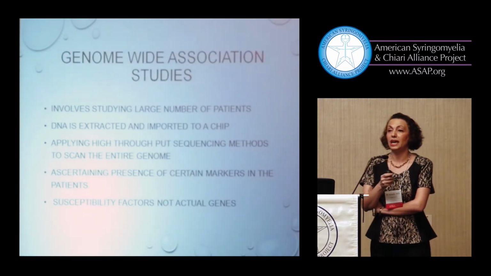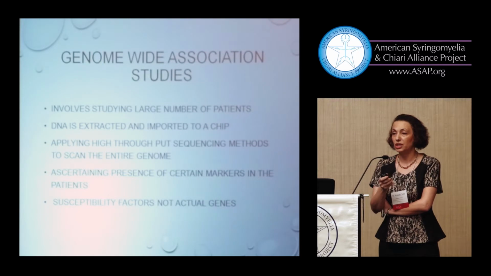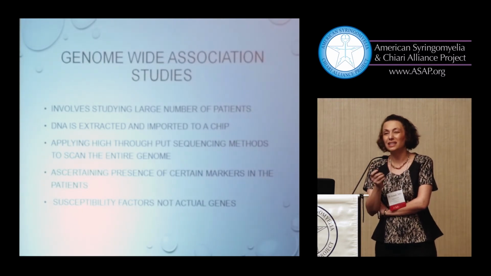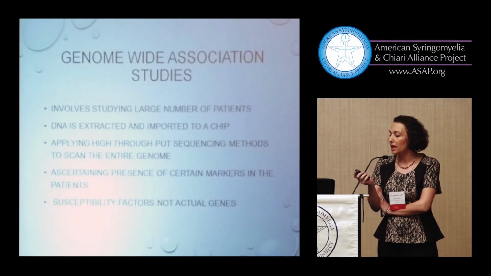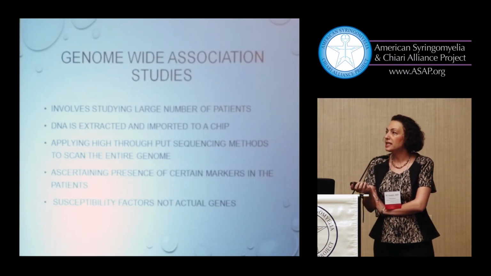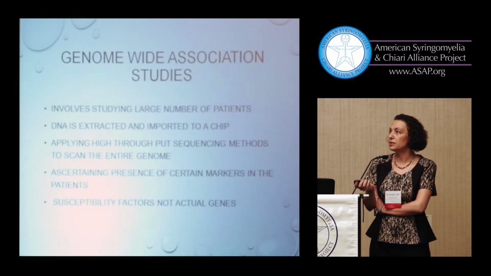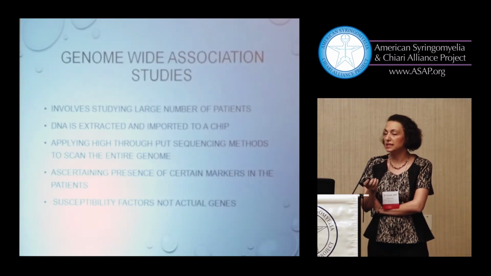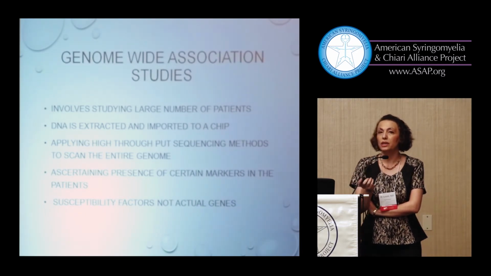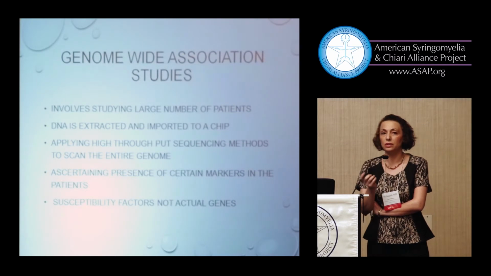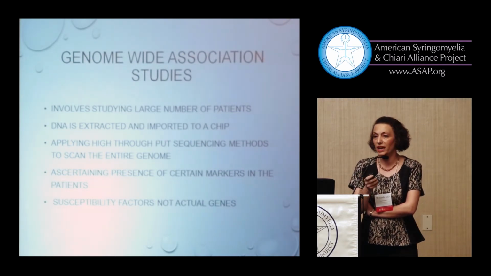And fortunately, after completing the Human Genome Project and HapMap project, making this kind of educated guess has been a lot easier. And then you basically try to determine if there is certain markers that occur with the disease and not in the normal subjects. And what you come up with here is really not causal genes, it's susceptibility factors.